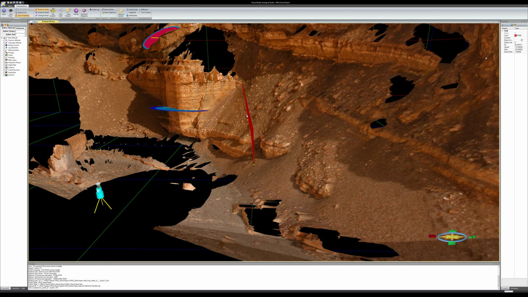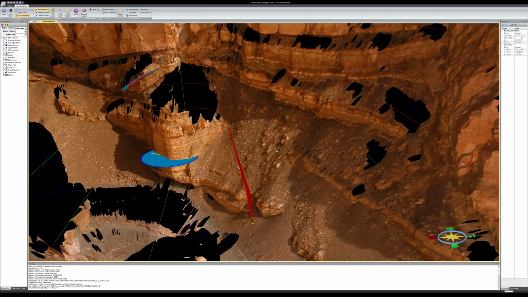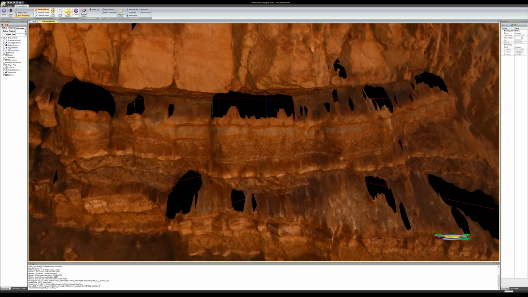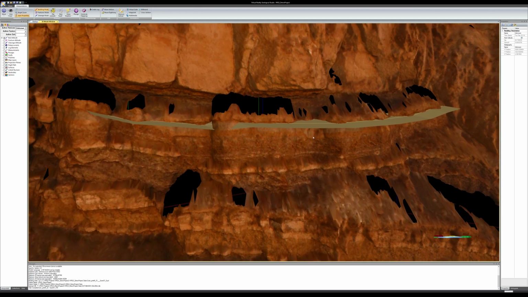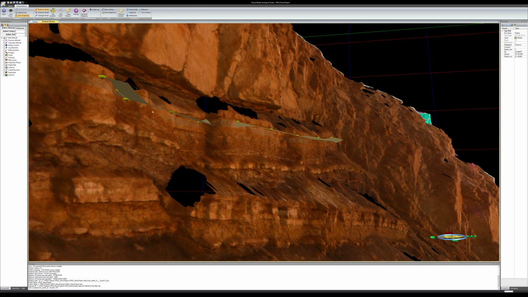So we can click on it and it will tell you that that fault is dipping at 89 towards 170. So this is dip and dip direction. You can get information from any of the objects that you've interpreted by clicking on them, and you'll see that information will update in the Properties tab. So there's faults, and then we have polylines. So polylines are where we can draw in our bedding planes. So here we go. I'm going to map in a bed along here. Just click points, double click to finish, and it extrudes that point in and out of the outcrop